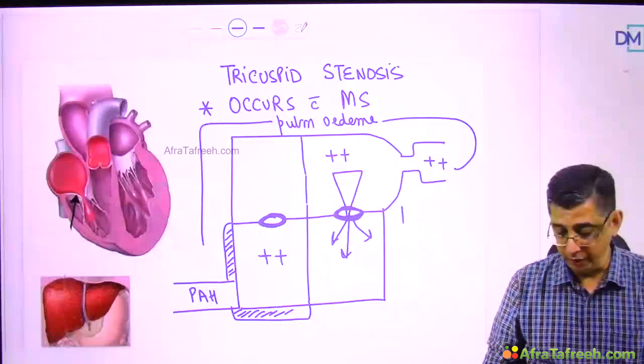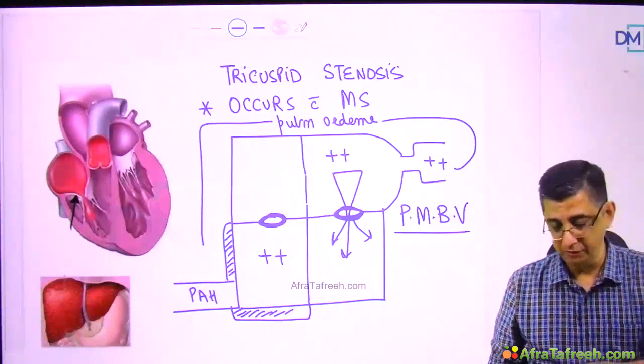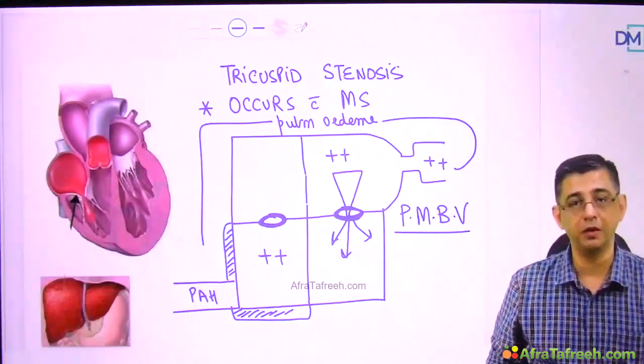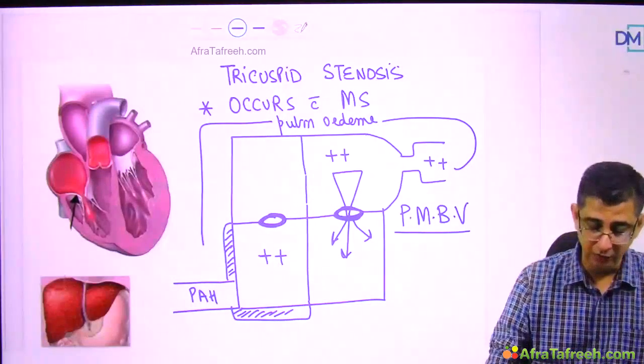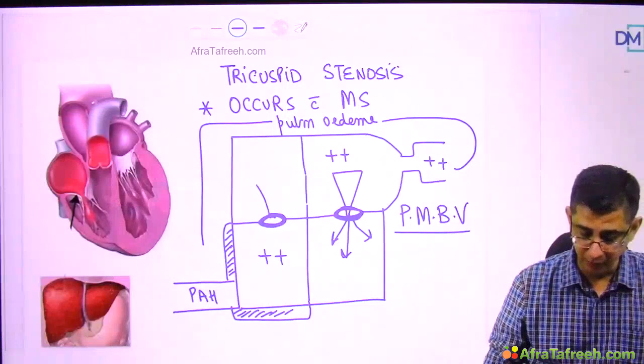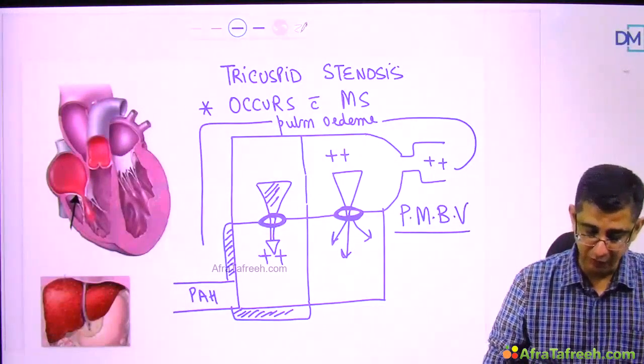Now, when you treat mitral stenosis of the severe variety with percutaneous mitral balloon valvotomy, once PMBV has been done in the patient, then the features of pulmonary congestion will disappear. Now the symptoms of tricuspid stenosis will manifest, and what will be the manifestations would be that the amount of blood going from the RA to RV will also be lesser, so therefore there would be a lot of congestion